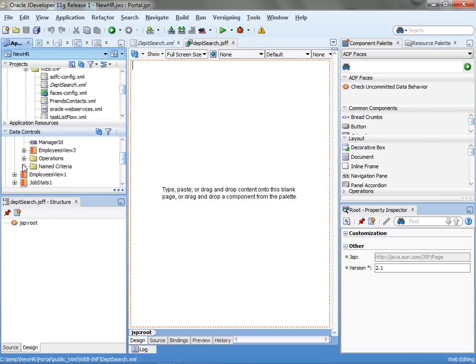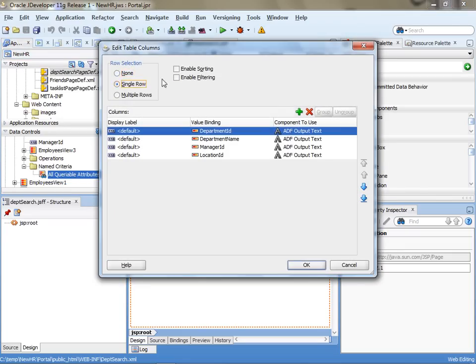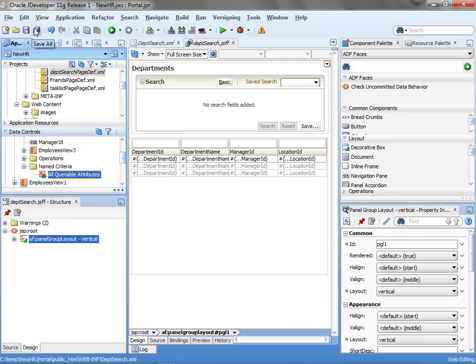So we want to create a search page for departments. We're going to take the named criteria, drop it as a query panel with a table, and that would basically be our new page. Right, so we can save it, and now that we've created our task flow, we're going to add it to the resource catalog of Portal. So we can close all the tabs here,